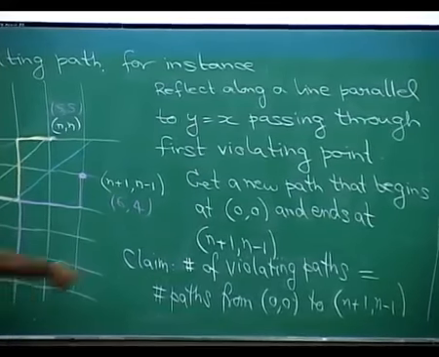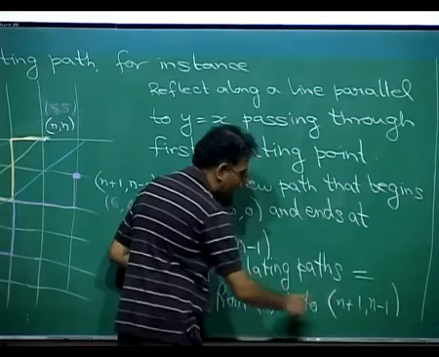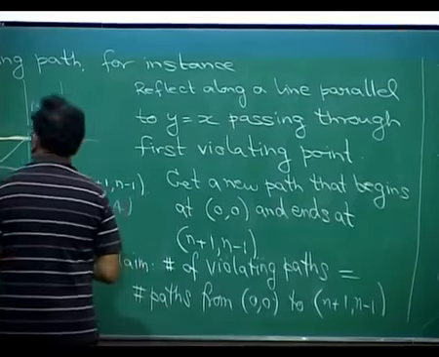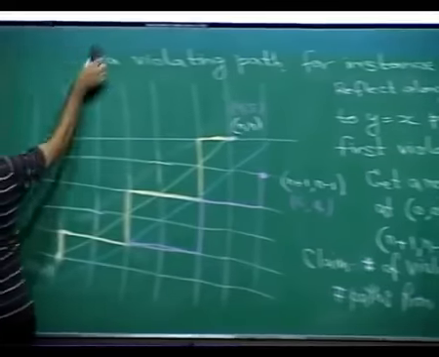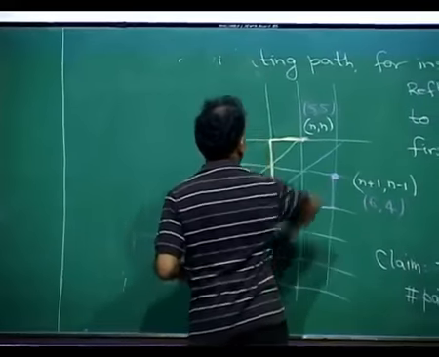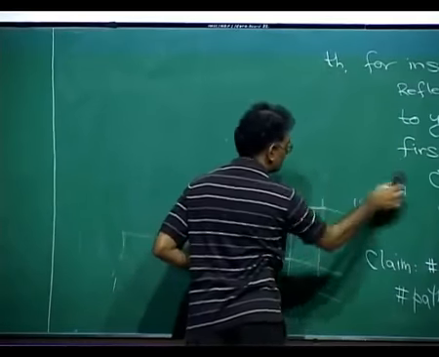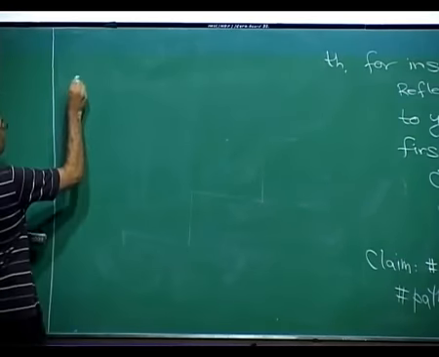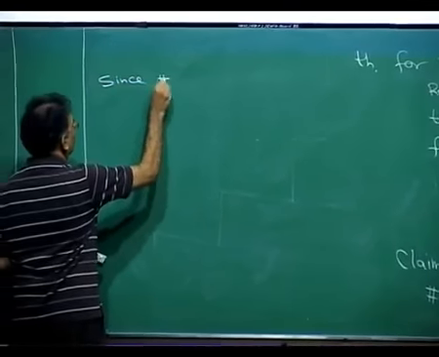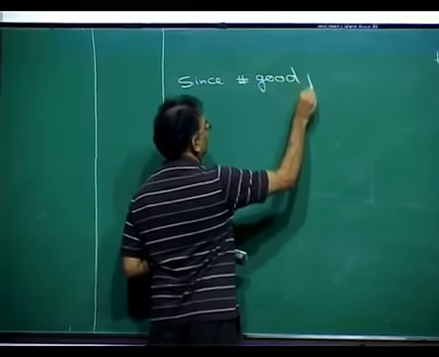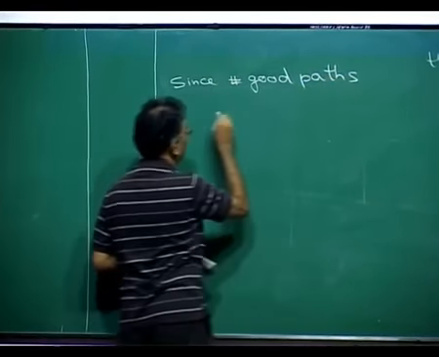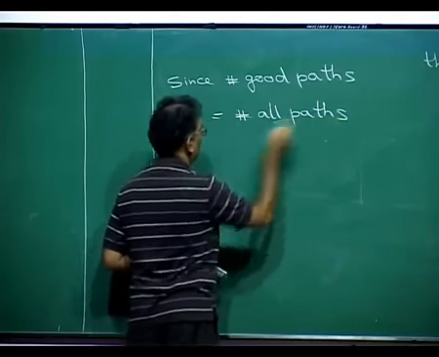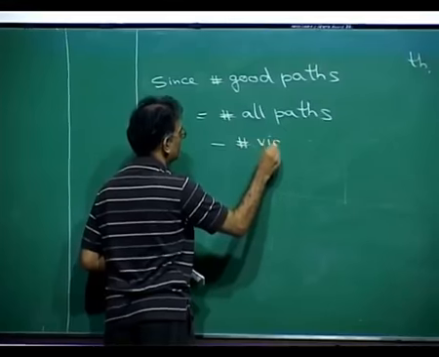We know how to count all paths from 0, 0 to anywhere. So this number therefore is 2n choose n plus 1, or 2n choose n minus 1, and so we are done. Since the number of good paths equals the number of all paths minus the number of violating paths,